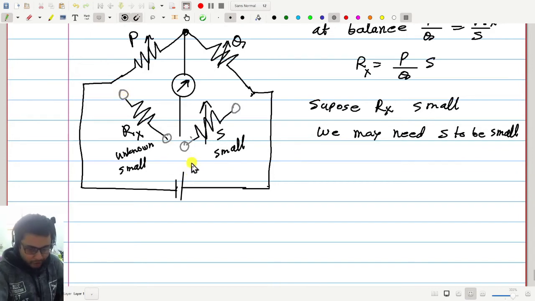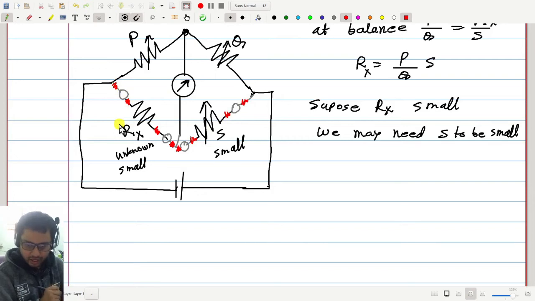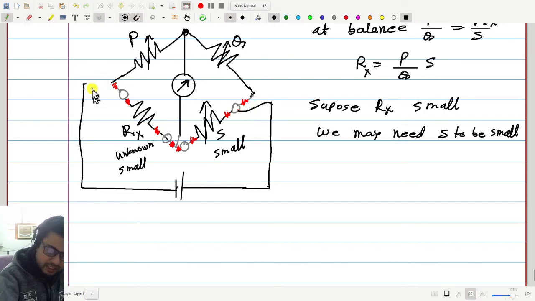Okay, now what we will do, we will connect maybe this with this, this with this, this with this, and this you may connect wherever you like, maybe here. But notice that these junctions will add unpredictable resistances here, here, here, here, everywhere. One thing you may do, maybe you erase it here and connect it here. Maybe you erase it here and connect it here.